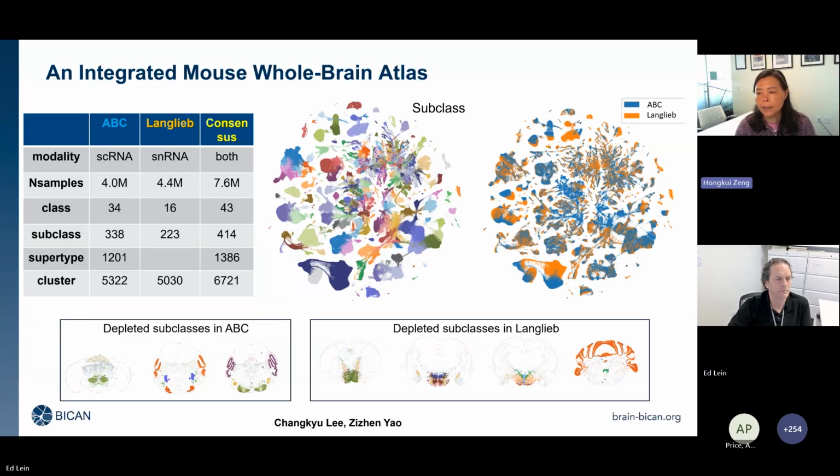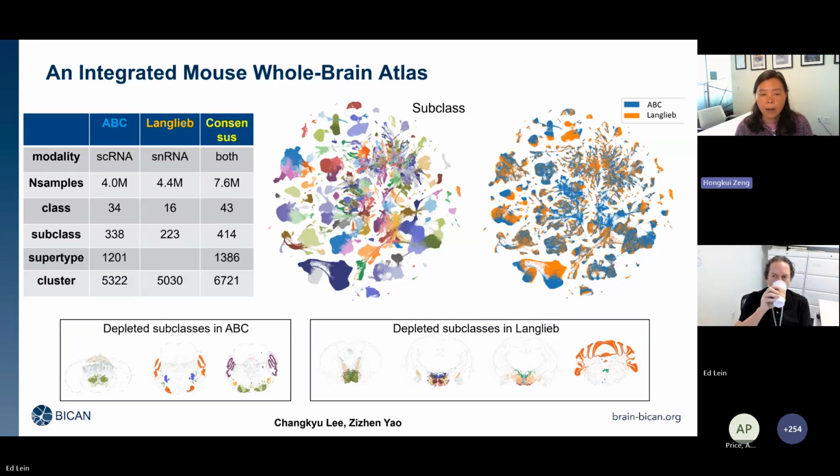So I will follow up on Ed's great overview presentation, focusing on three future directions, which is really creating consensus integrated cell atlases, starting with integrating across the mouse at a whole brain scale, and then integrating across species, again at a whole brain scale, and finally talking about the generation of developing cell atlases across species as well. So in this first single slide, I'll introduce to you our recent effort at the Allen Institute, led by